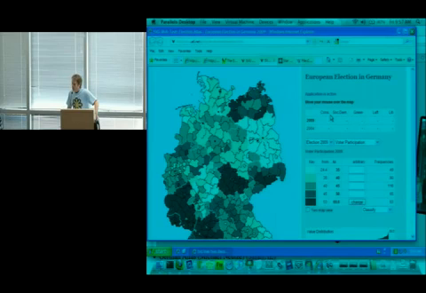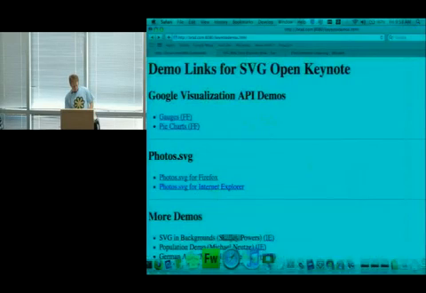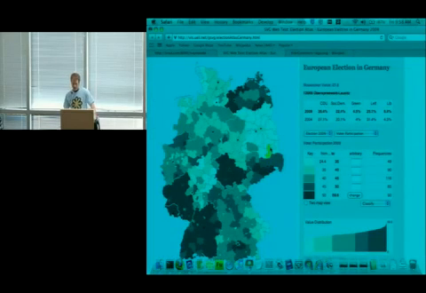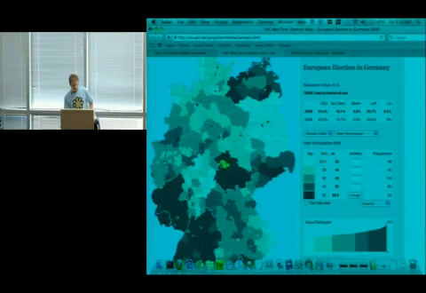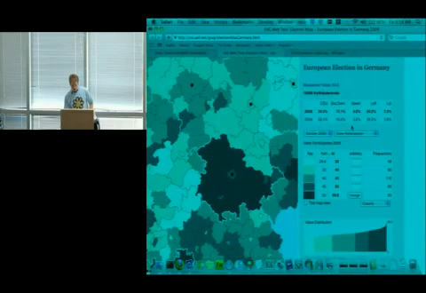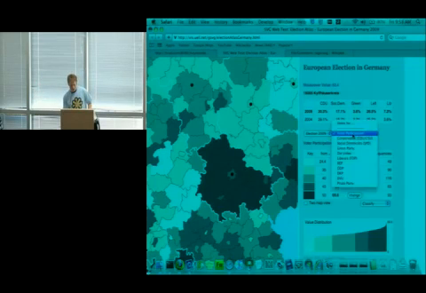You know, SVG and maps go together like peanut butter and jelly. It's one of those classic uses of SVG. Michael Neutz will talk more about this in his talk. He's been creating an interactive overview of the election results for the German election that I believe happened last week. Happened fairly recently. I see all the folks who I know are from that area nodding. I'm getting that right. We see Germany. We can zoom in and out. We can pan around. We can slice and dice the data. Again, this is another good example of SVG on the left doing what it does well, HTML on the right, directly embedded in the page.